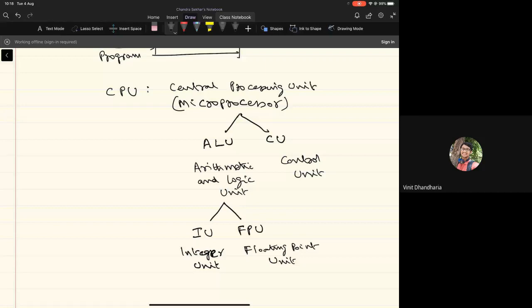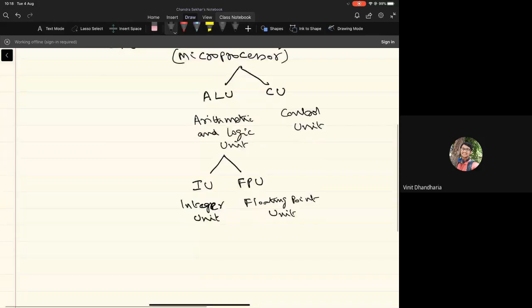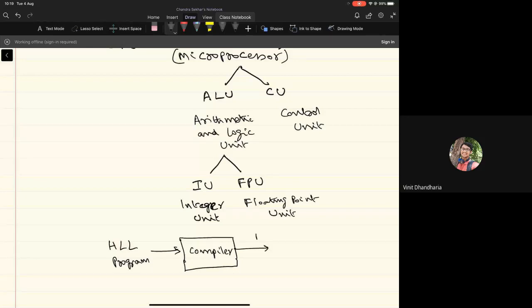And typically, when you write a program in a high-level language, as all of you know, the high-level language program gets processed by a tool which we normally call a compiler. There are other forms of these tools which can take a high-level language program and give as output what is called the machine code.